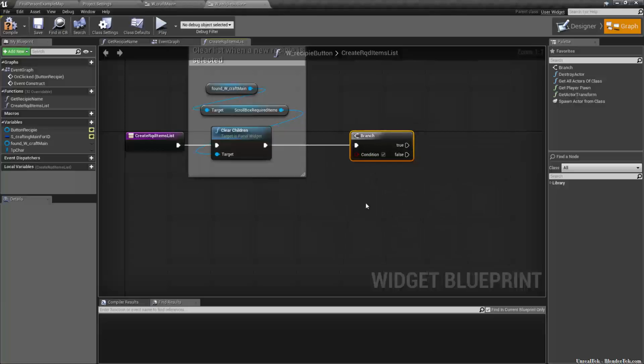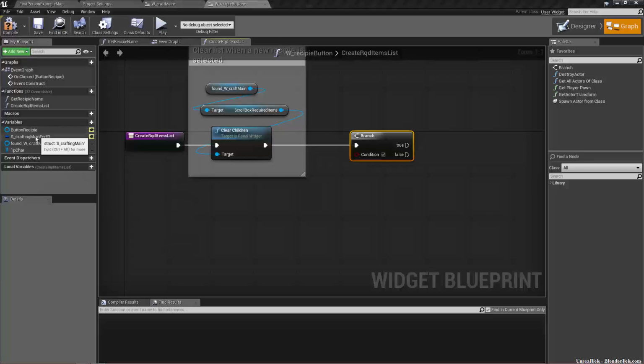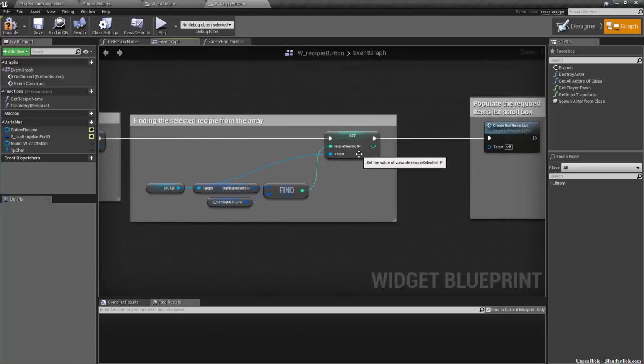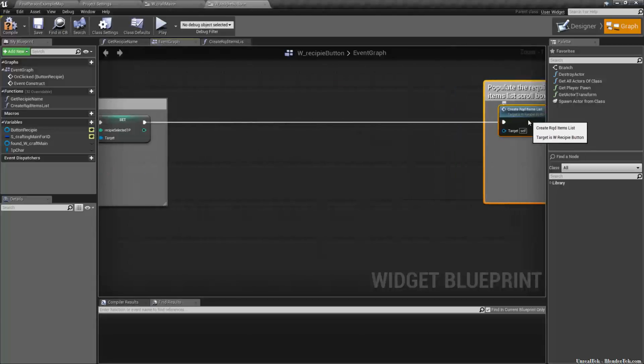And its condition is going to be, we'll take, right, if we go to the event graph, we set recipe selected. There's something I'm forgetting in the middle here. Oh yes, okay, so this one is the last one, but in between there we need to create ourselves a